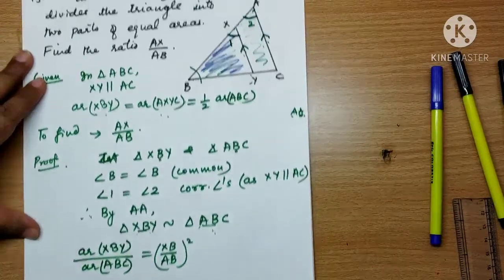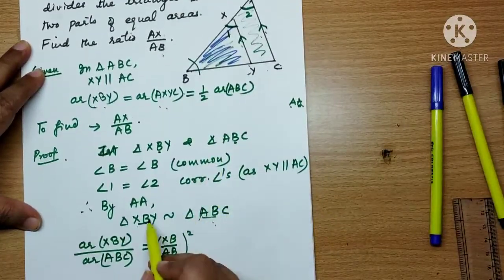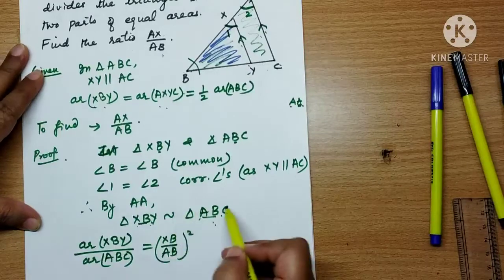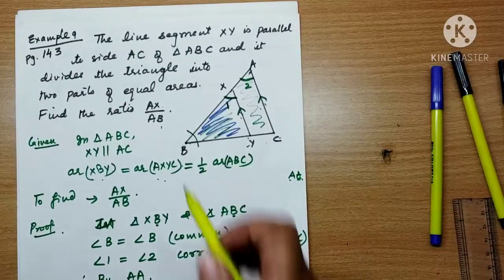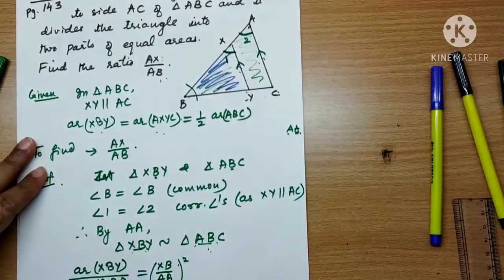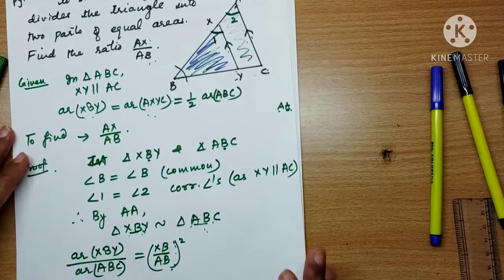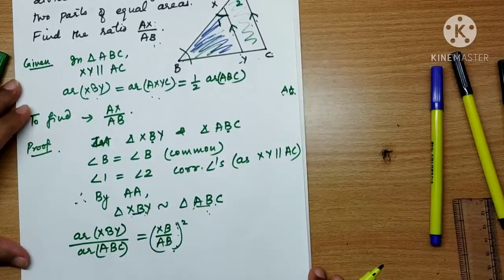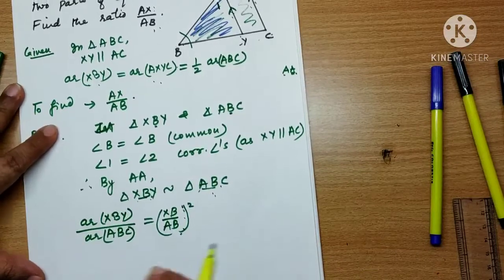And we are looking for AX by AB only. We can write BY by BC also, XY by AC also, but I'll look into those sides. I'm trying to find out AX by AB, so this suits me. AB, XB. So we are just okay with this. We are not writing the other sides, right? So I have this. Now what else is given in the question?